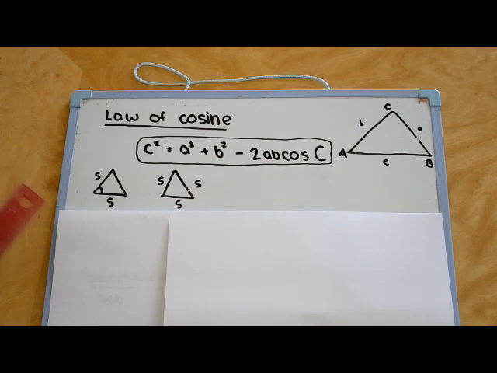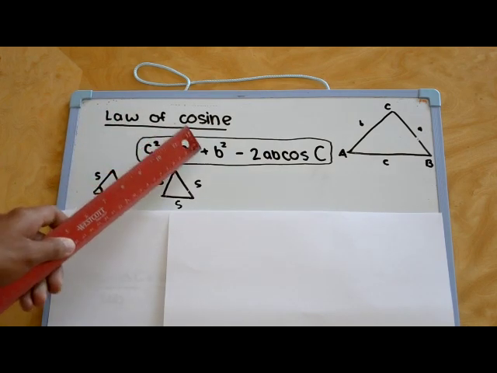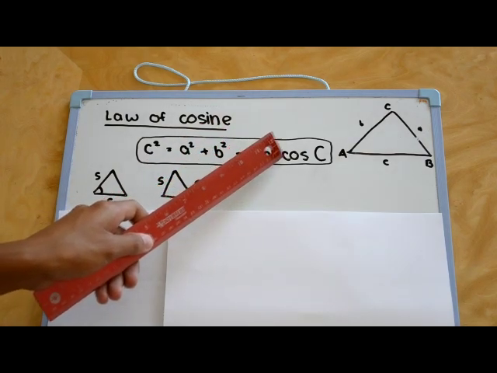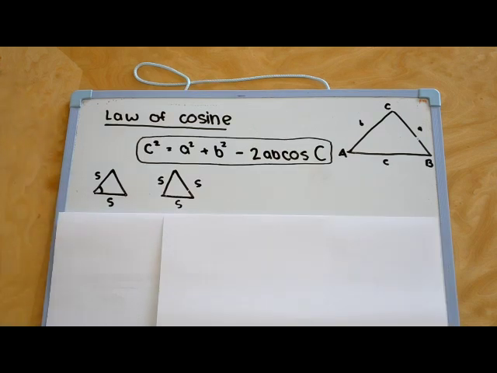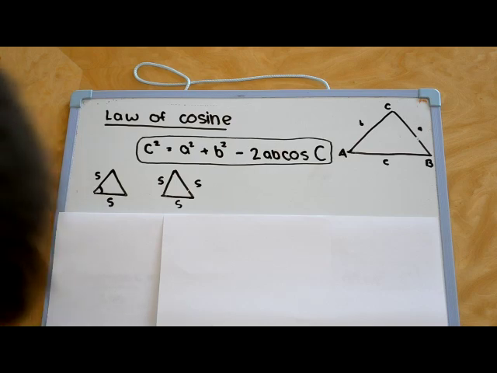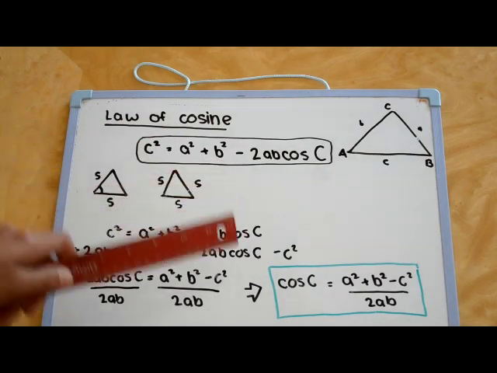First, you need to know what the law of cosines is, which is c squared is equal to a squared plus b squared minus 2ab times cosine c. Here is also an alternative form for solving for the angle, which we got by solving for cosine c. As you can see here,